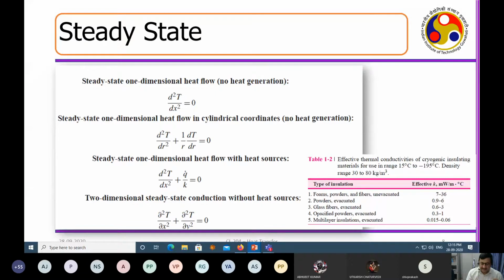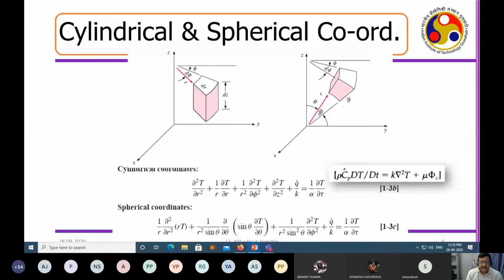Now, if I convert this to a cylindrical coordinate, you can straight away see what is the r coordinate here. You can see the r coordinate is composed. This is the phi component. This is the z component. Z component remains the same.